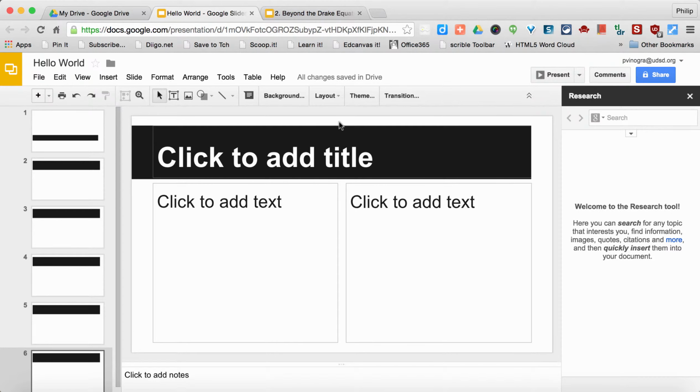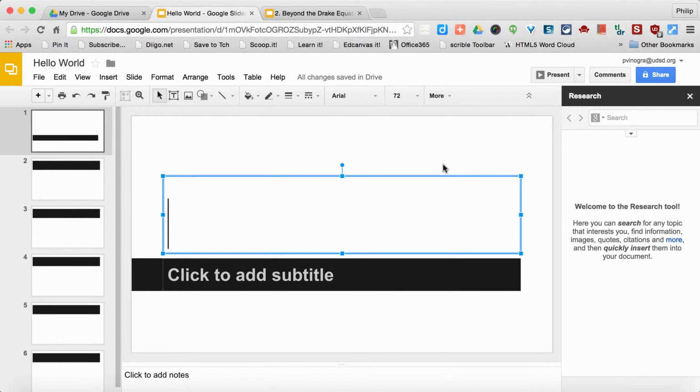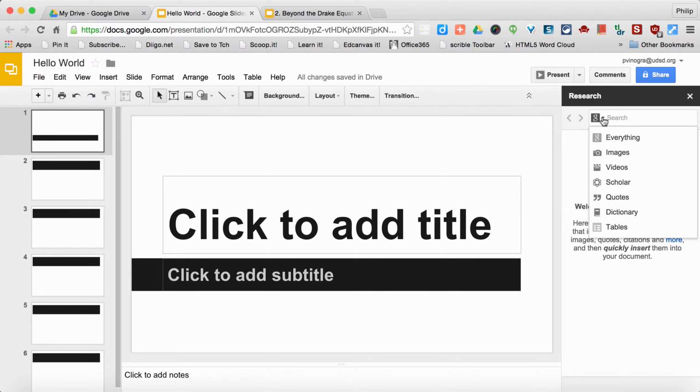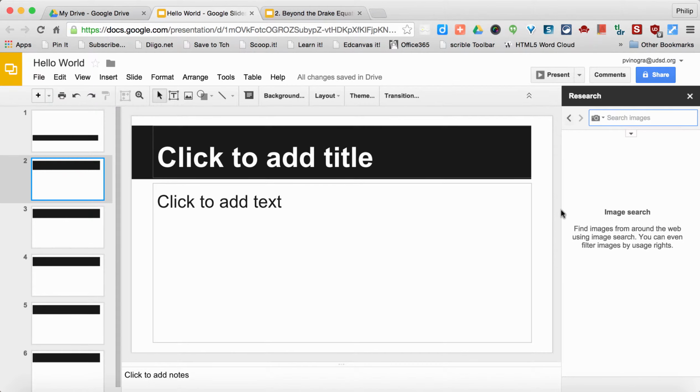So it's like a standard presentation tool, but then Google also has some nice tricks for you. So the first that I like is I go to the Tools menu and I open up Research, and I have it over here already open for me. I love to add images from the web, so I'm going to go ahead and select Images. Come over here to a slide area. I'm going to put in the Earth